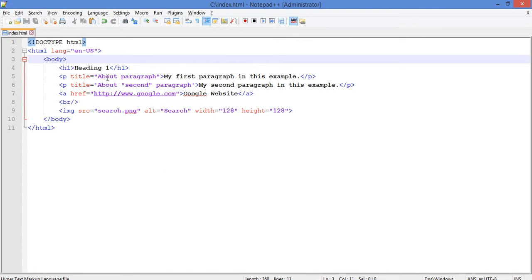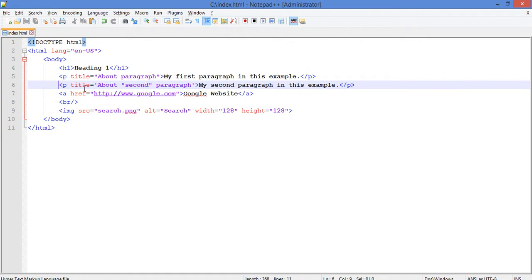Any attribute value can be stored either in double quotes or single quotes. Even the HTML5 standard is fine with not having any quotes, but it's always recommended to specify either double quotes or single quotes so that there wouldn't be any exceptions, such as avoiding spaces, etc. You can see that benefit in the second paragraph element here.